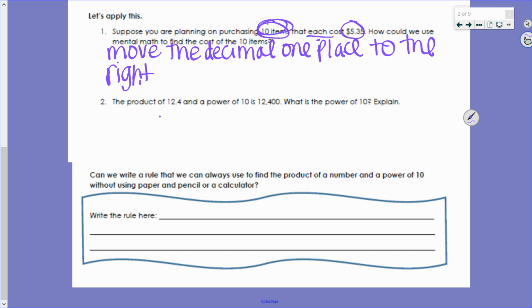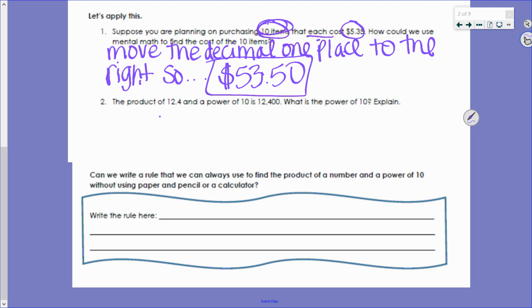We can move the decimal one place, so it'd be $53.50. So how much can we expect to spend? About $53.50. So you can use these powers of 10 to help you as you're trying to figure out the